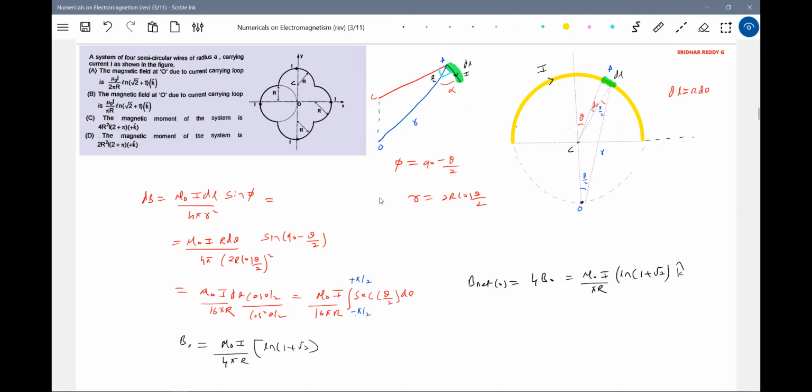So I think this Biot-Savart law is very, very important. The angle between the current element and R bar will be different in different numericals. You have to be alert. Better remember this answer. This is the standard derivation, like how due to a circle, this also you remember.